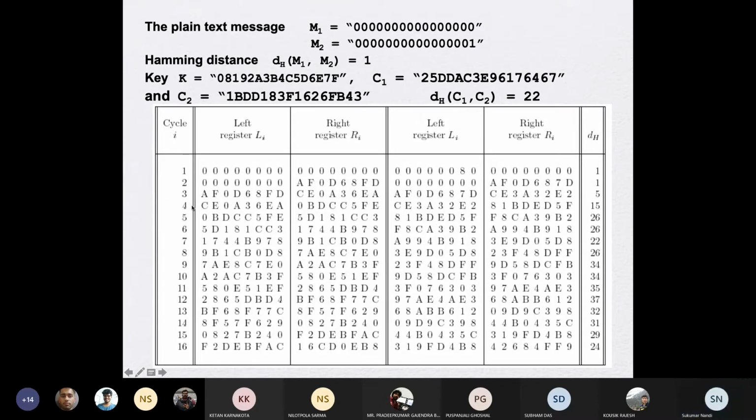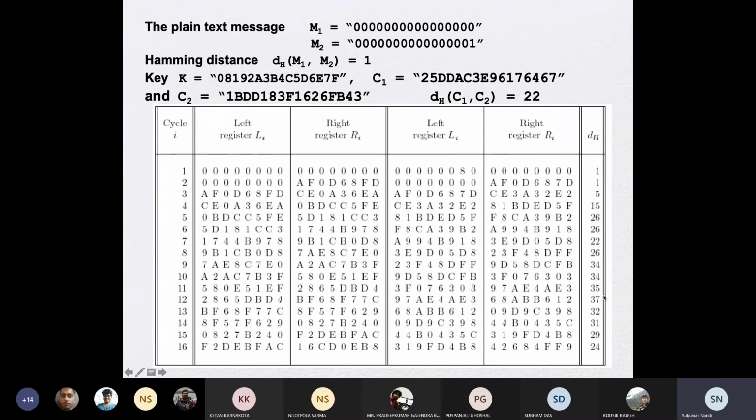Basically, if you look into the details, the left half and right half registers for the 2 cases: the second and third columns relate to the message of all 0, and the fourth and fifth columns relate to the message with least significant bit 1. In every round with this key, if I find the distance between the round outputs, initially the distance was 1, then 1, and slowly the distance increases.